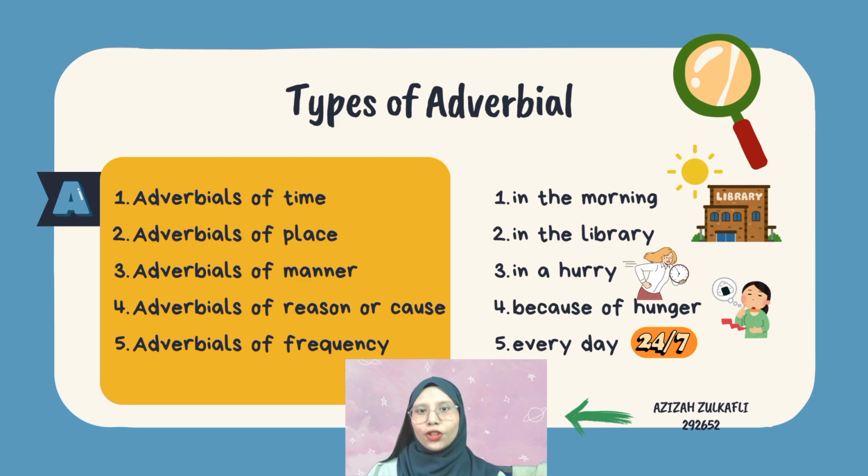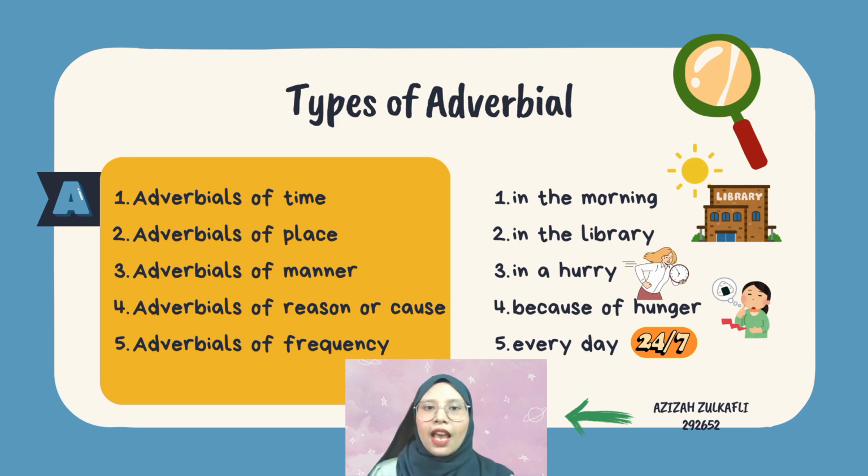First of all, let me introduce you types of adverbial. There are several, but let me present the 5 types of adverbial. On the left side is the type of adverbial, while on the right side is the example given in phrase. The 5 adverbial is adverbial of time, adverbial of place, adverbial of manner, adverbial of cause or reason, and lastly